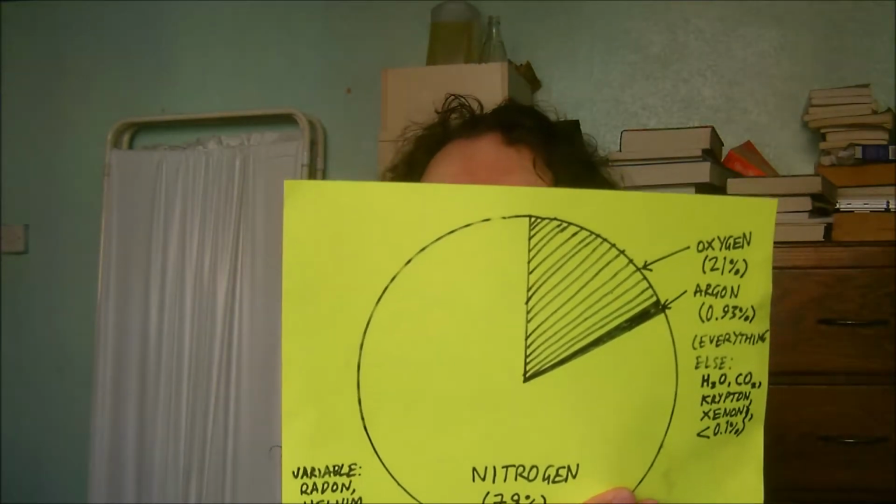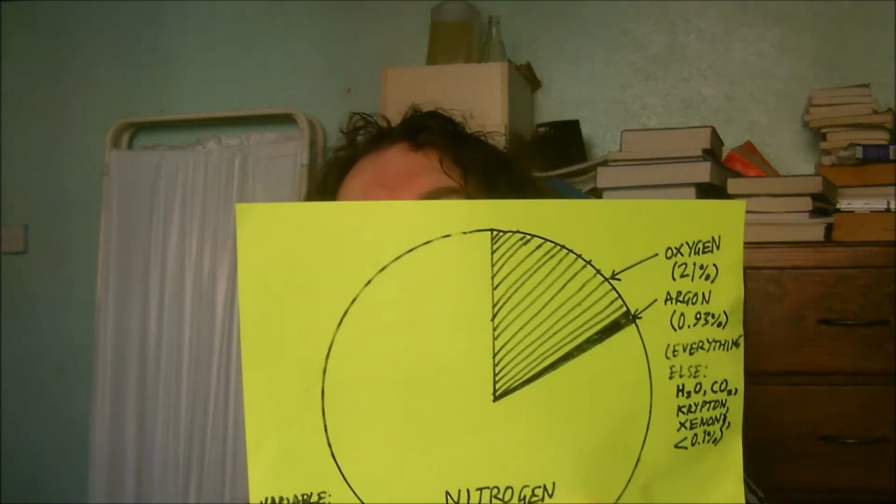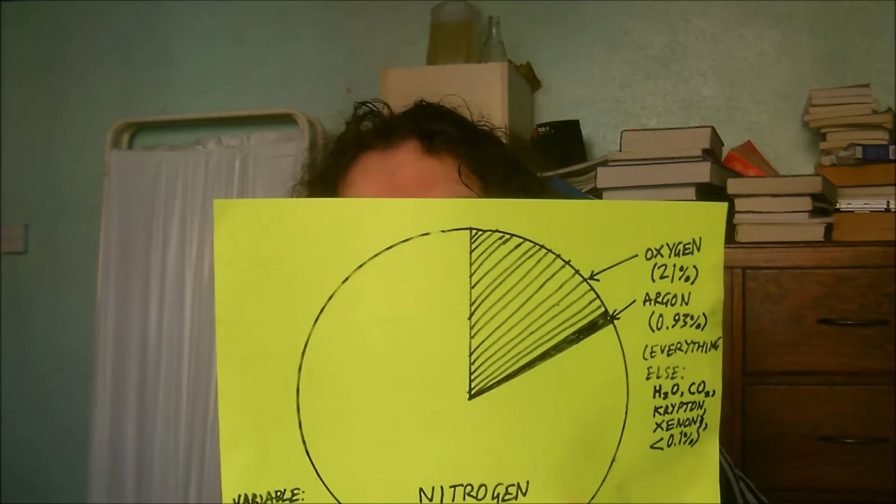Argon is a noble gas, and there is in fact, I think, only one compound that has ever been made from argon, so it doesn't do anything. It's been used to fill incandescent light bulbs, filament light bulbs, so that the tungsten doesn't oxidize or get damaged by reacting with the other gases in it. It's also used in double glazing. I'm not sure why that is, but it is anyway. All the rest,